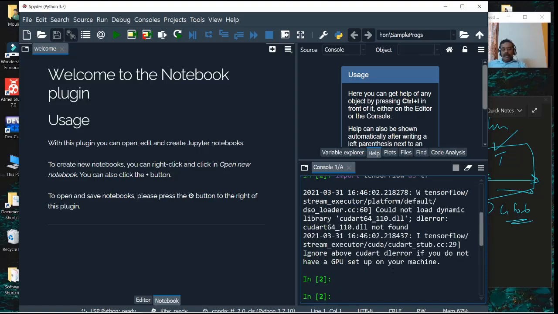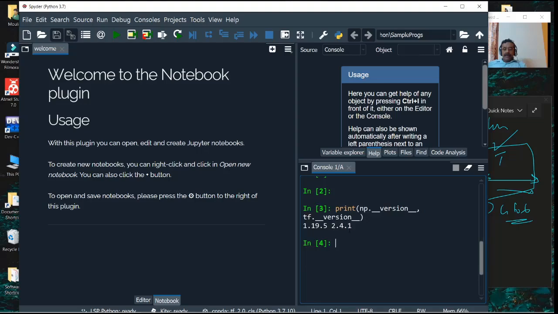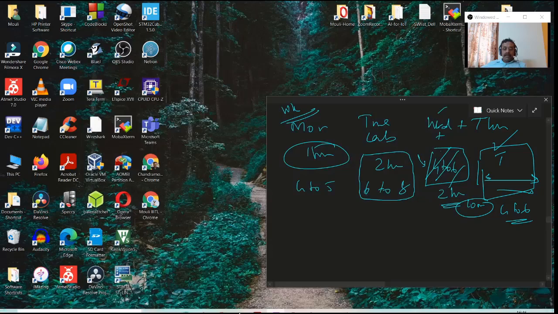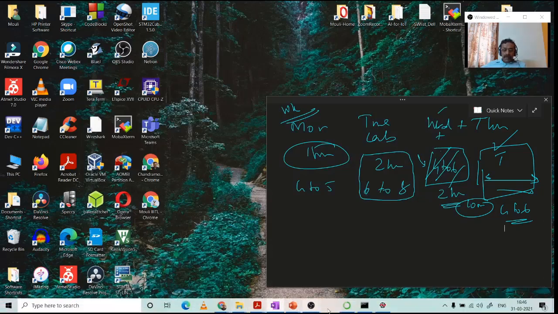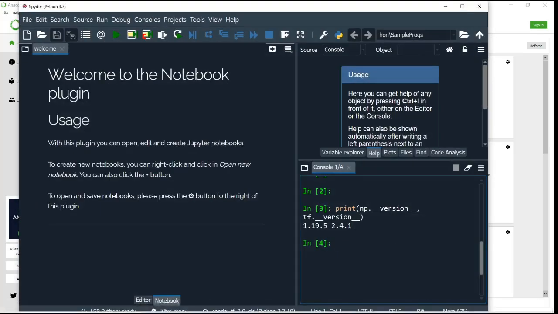The behavior is a little different from what I did earlier. It has already installed 2.4.1. I am not sure whether I selected the right version or not. Let me check. You may be seeing a different thing. Because I have installed it already for the other environment, it is picking up from there. You may not see the same thing that I see. I'll tell you the reason. I am getting 2.4.1 already installed on this